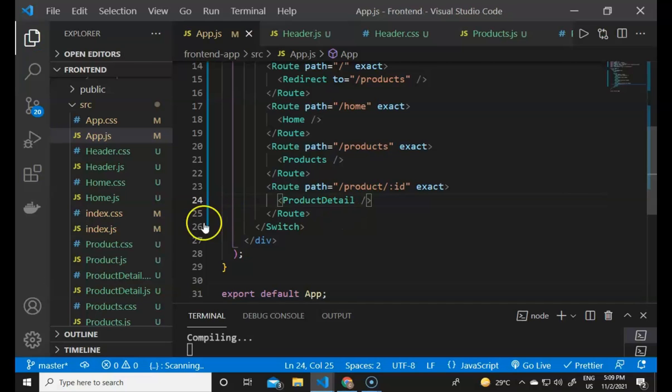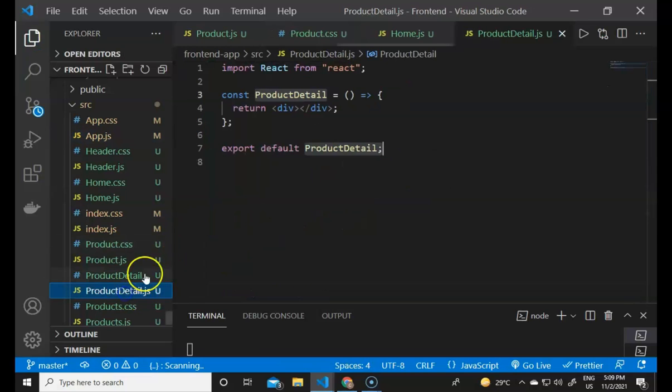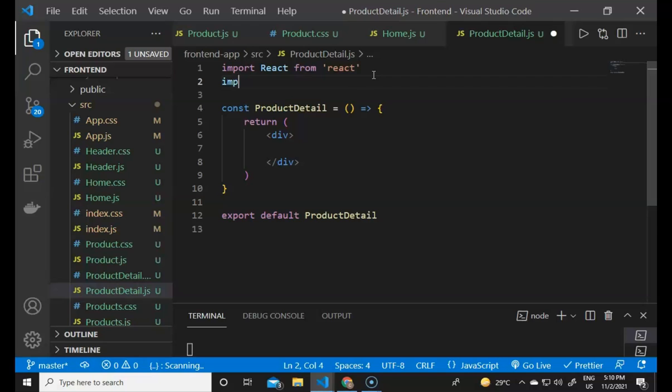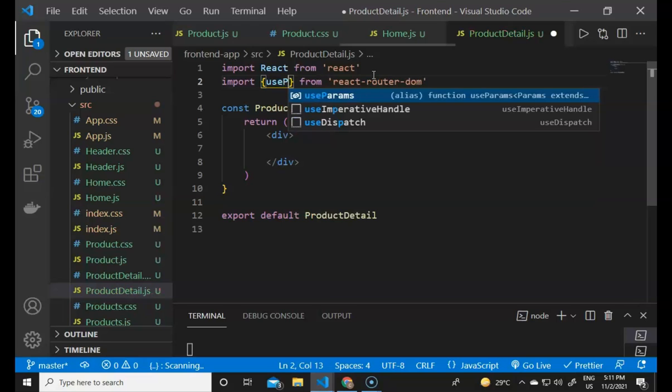If I save and move on to the ProductDetail component, now we have to get the ID from the URL. To get the ID from the URL we first have to import the useParams hook from React Router DOM. So I will import useParams here.